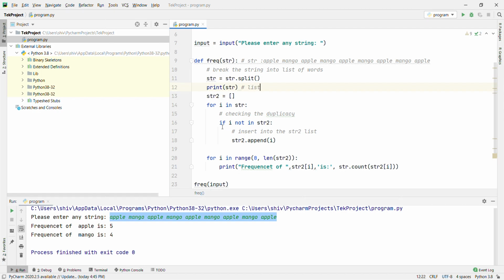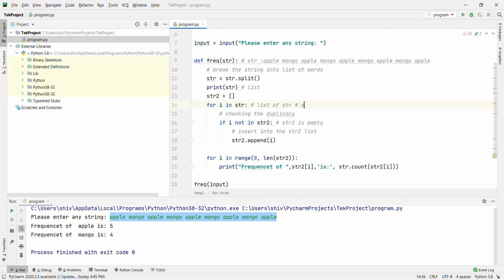Now we are going to use the for loop from the beginning of this words list. Basically we are going to use the for loop to run over the list. This is coming as a list of str. And what we are checking here is whether any duplicacy is there. At first str2 is empty, right?